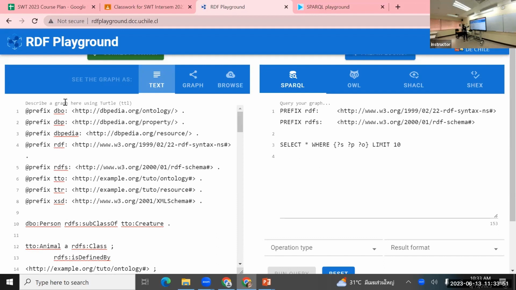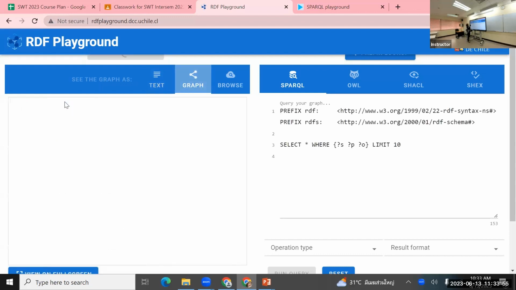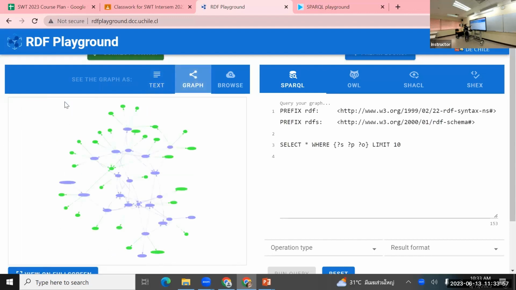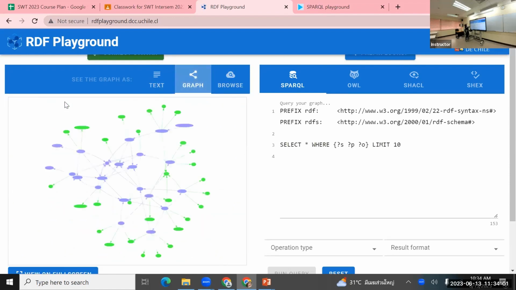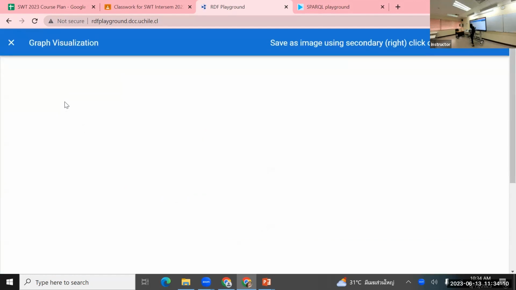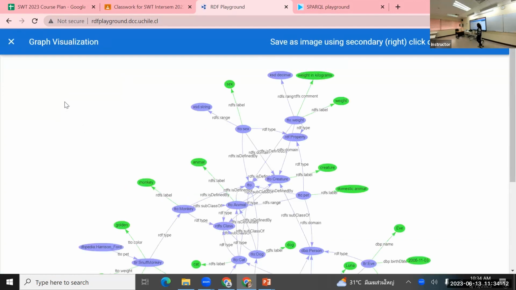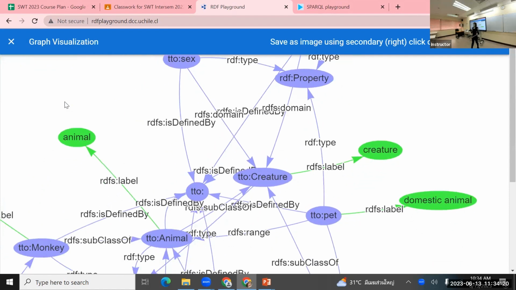The Turtle statements, you can copy and paste here on this side. Click on the graph. Then you can visualize the full screen. If you paste and click on the graph, then you can see the generated graph